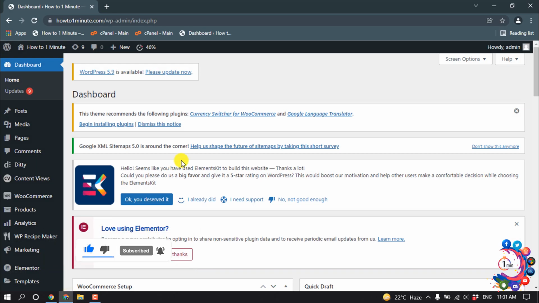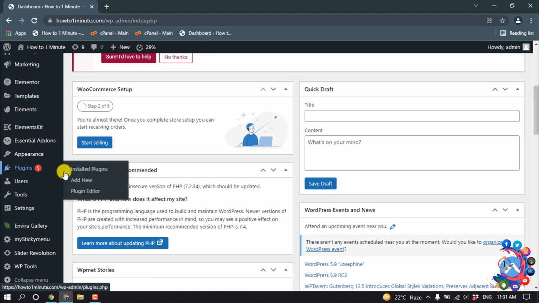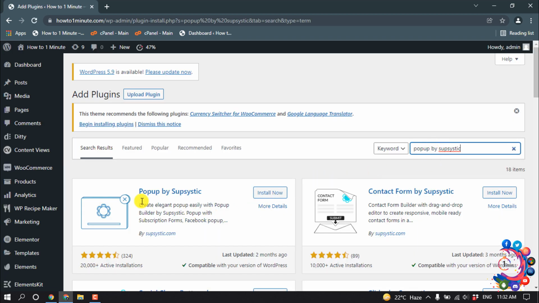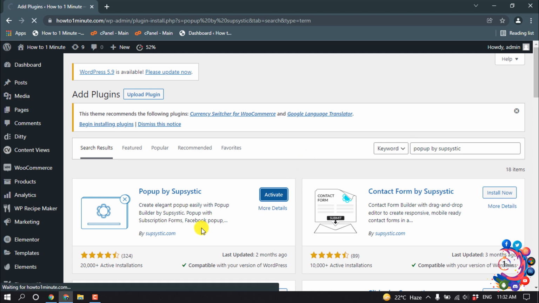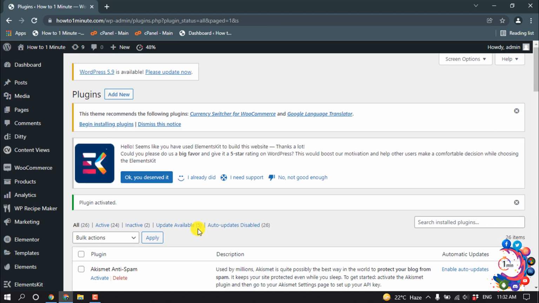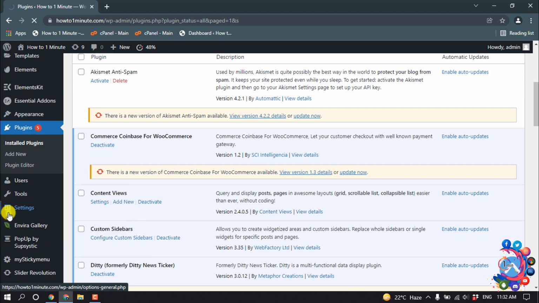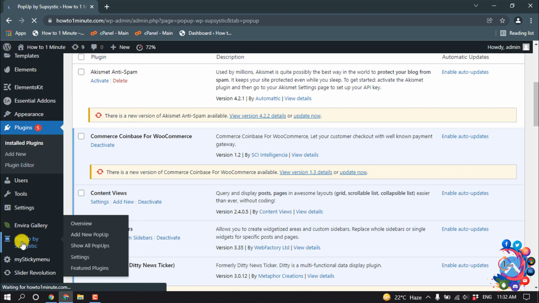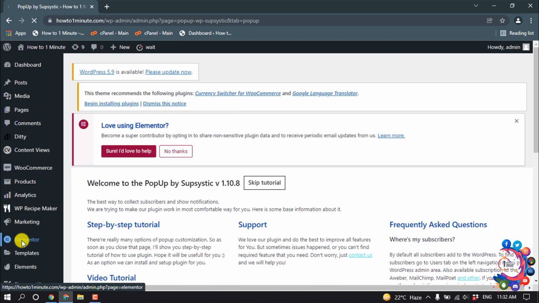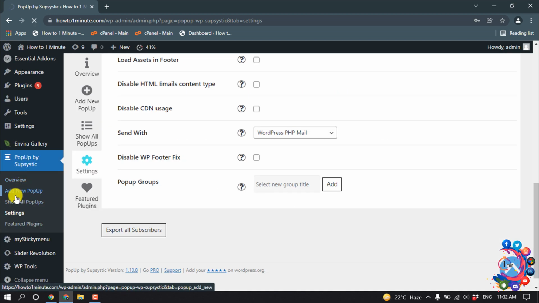So first of all, open your WordPress dashboard, go to Plugins and click on Add New, and search for it here and install this plugin. And activate this plugin. After that, scroll down on the left-hand side and here you will find the plugin option. Click on it, click on Add New Pop-up